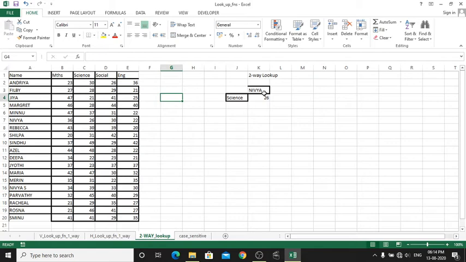Okay, so here I know two lookup values and I want to find out an unknown value from these two lookup values. So here what is my query?